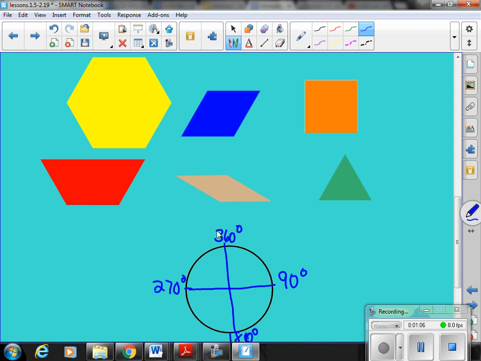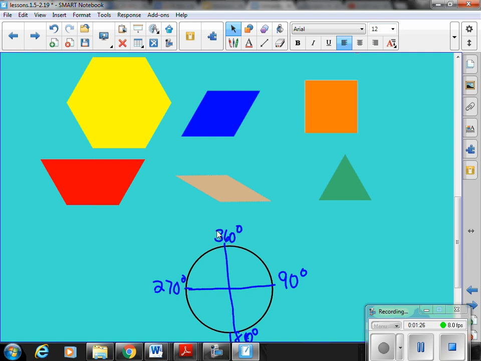So this is a circle broken up into quarters. It kind of helps me visualize without actually measuring. It helps me to estimate what an angle will be. So using that information of a circle, I can then use it to find out the degrees in my